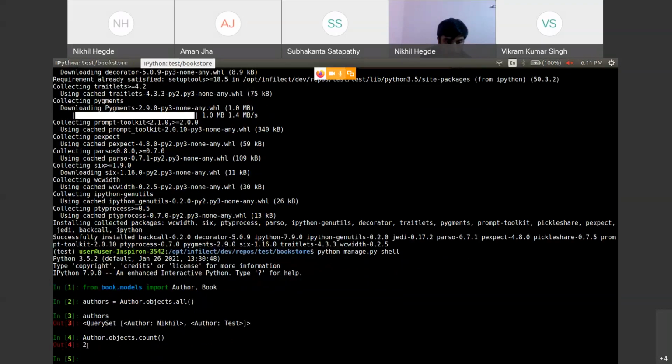There are only 2 objects inside the author table, that's why it's giving count as 2. So this count is used to fetch how many entries are there inside the author table, and the all function is used to list out all the objects of the author table. Okay. So all these are different ORM queries. author.objects.all is one ORM query, and author.objects.count is one more query.